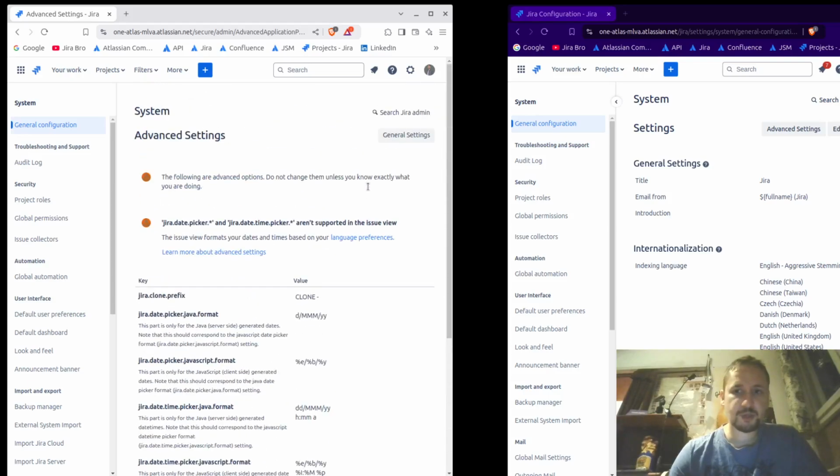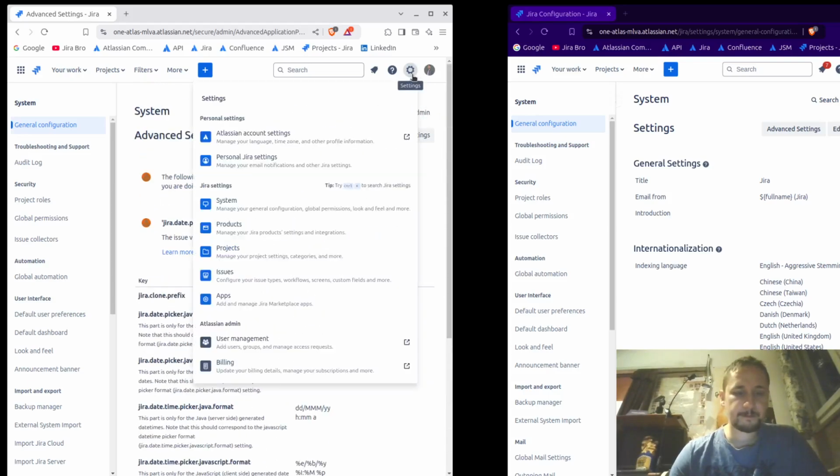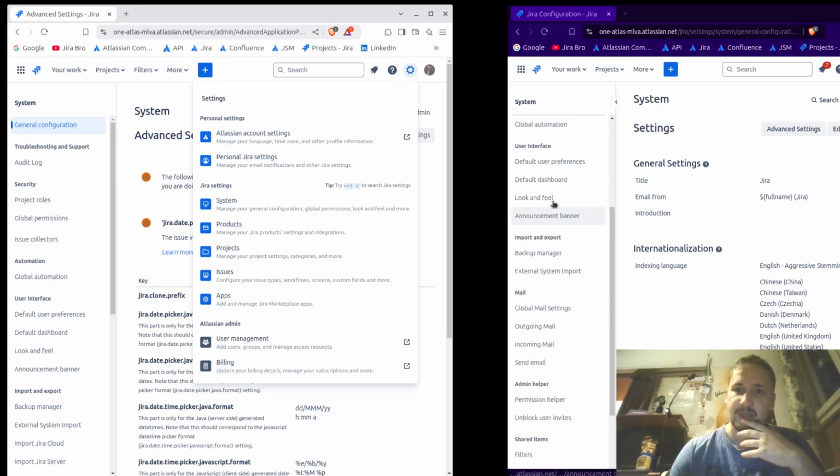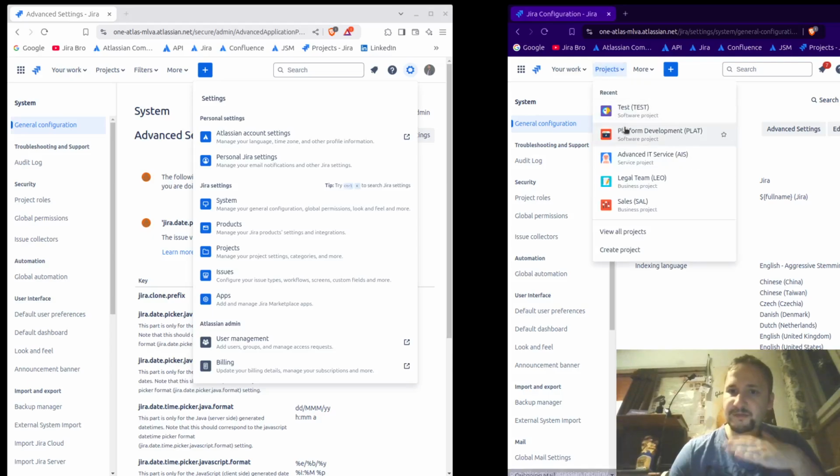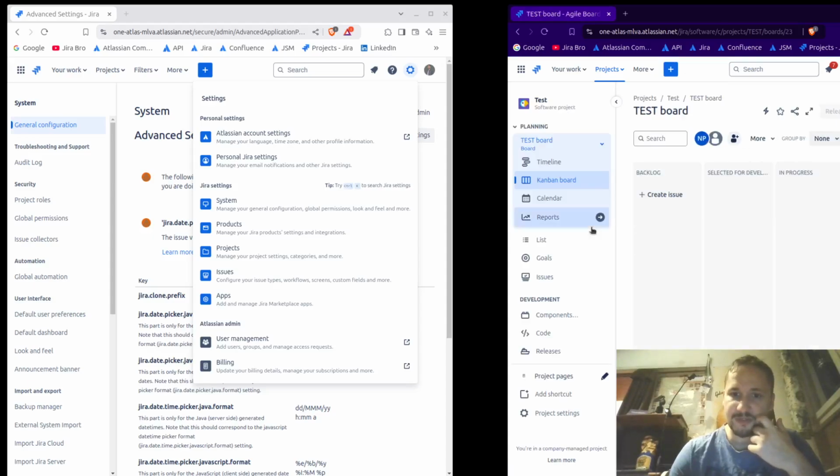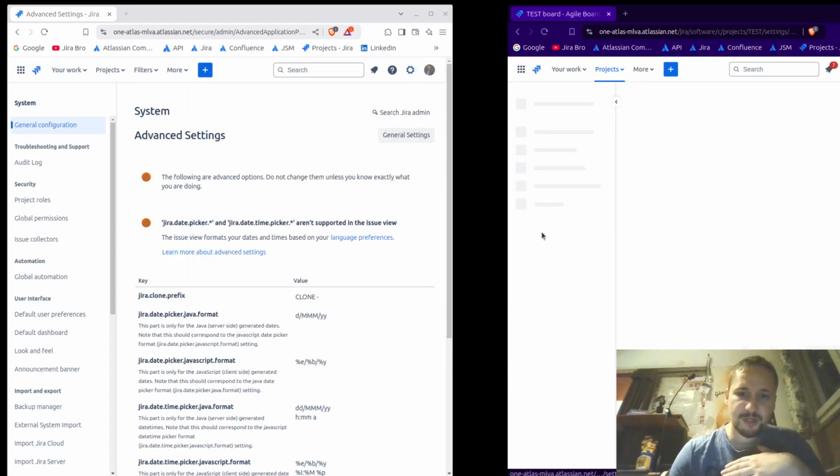All right, so we almost covered everything. Project administrators. The good thing about the project administrators now, for this specific project, is project administrators, they